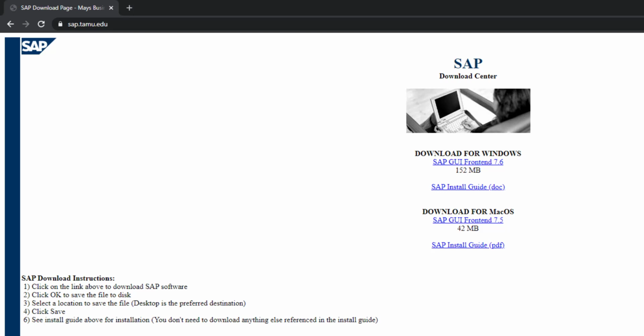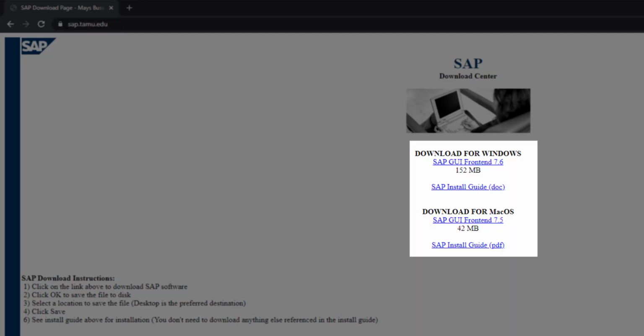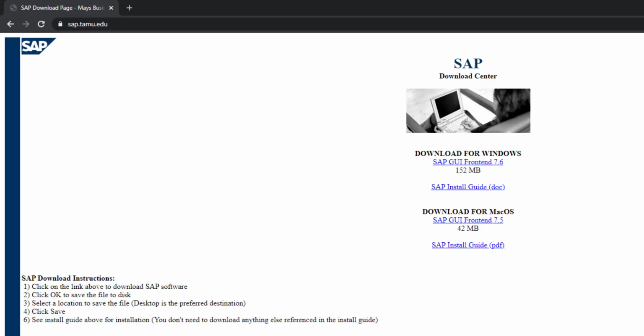First things first, if you're interested in running SAP on your own personal device, you're going to need to download the most current client. Students at Texas A&M can go to sap.tamu.edu and find clients for either the Windows operating system or Mac. And you can see there are some additional instructions for both of those clients. The client install is fairly straightforward, but feel free to visit with your TA or your instructor if you're having